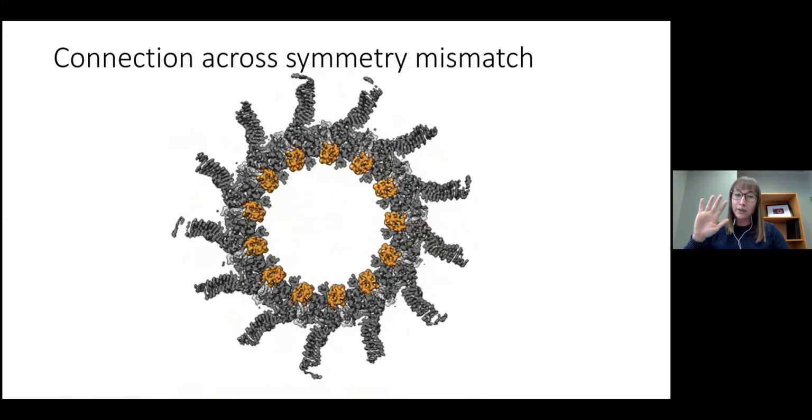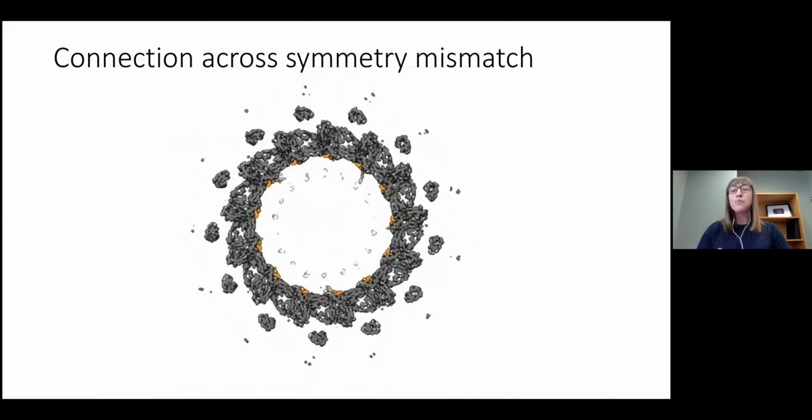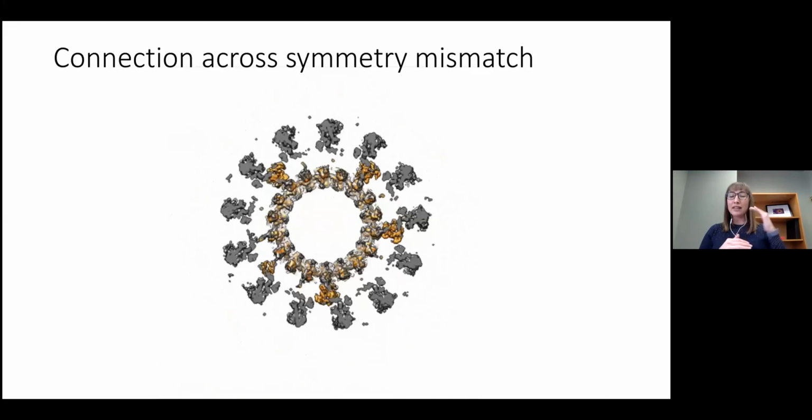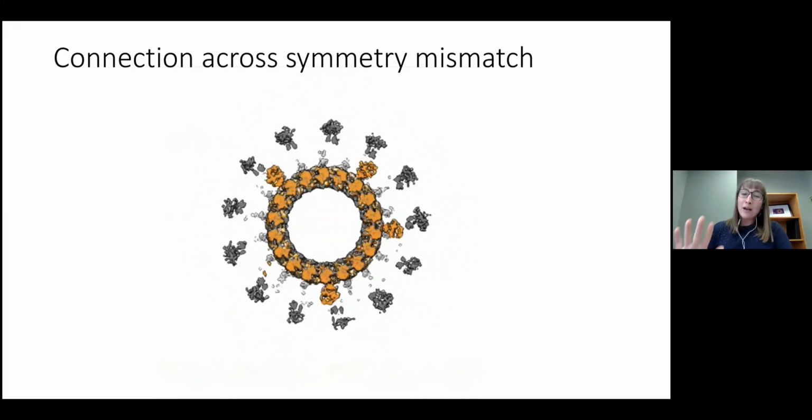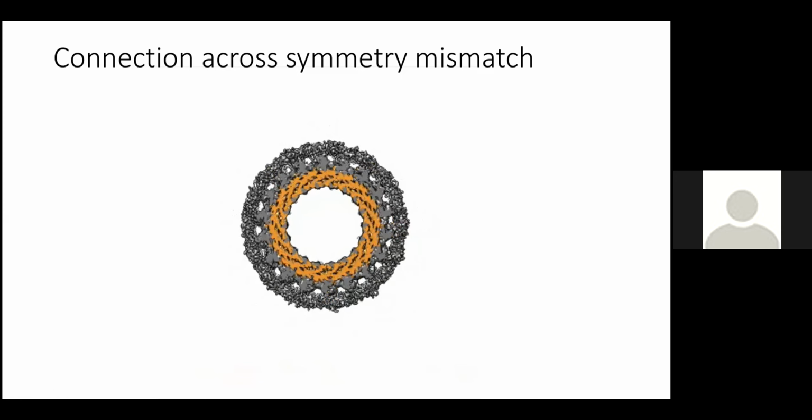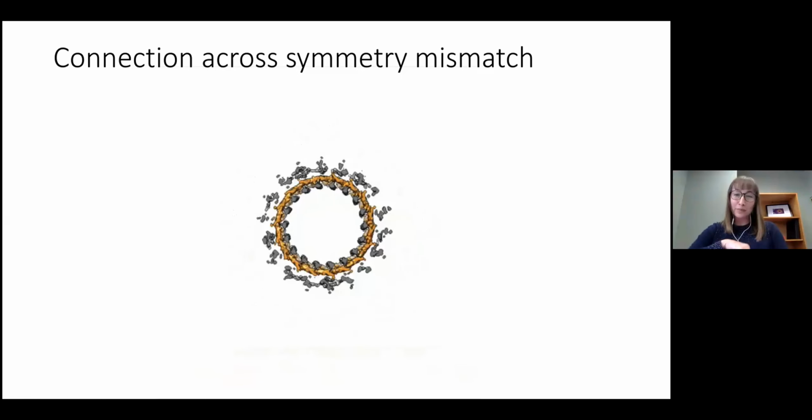And then as we keep going further through the complex, we get to that space between the outer membrane cap and the periplasmic ring, and we see these 5 lobes of density. Of course, 13 plus 5 is 18. So as we go further through the complex, now we see all 18 copies of the N terminus of .H